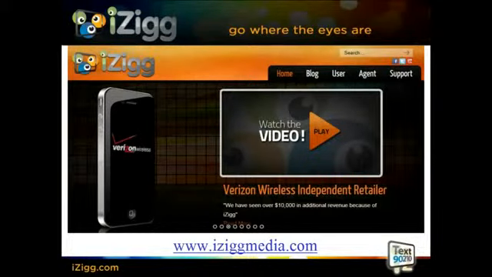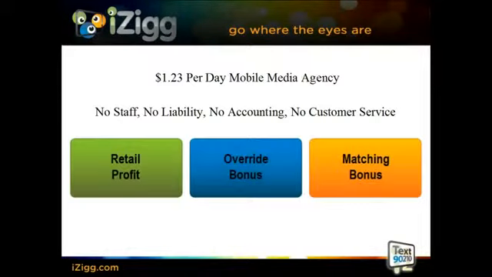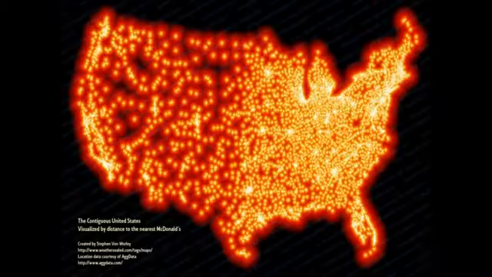And guys, as you put people in front of our blog and our video and press kit, which is conveniently located at iZiggmedia.com, you can't help but locate folks that want to utilize the 90210 brand, and simultaneously you can't help but locate individuals who want to profit. You have no staff, you have no liability, no shipping, no warehousing, no bookkeeping, no accounting. Your role is to simply let folks know about 90210, get them in front of our video and press kit.